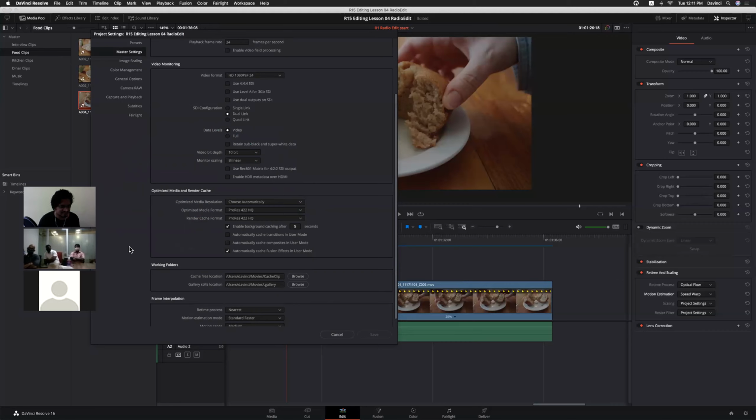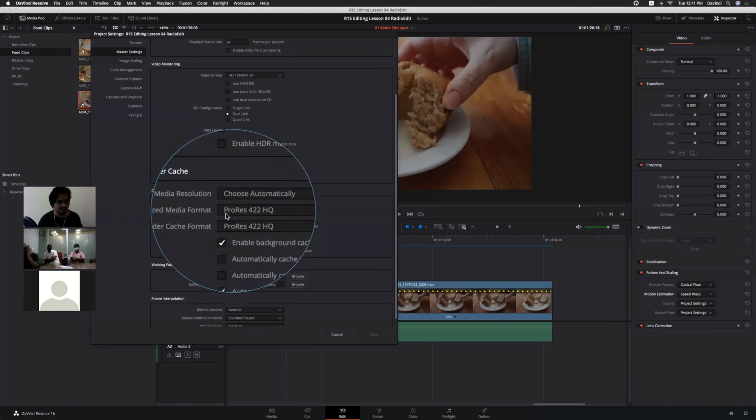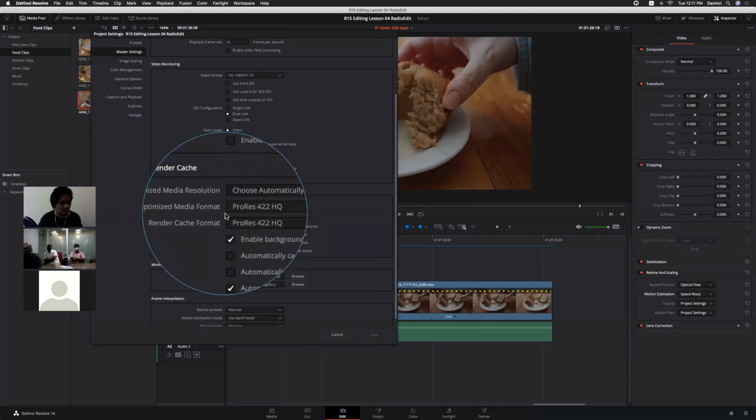And if we are using multiple formats in our timeline, we can convert them into a single format. Most of us are using ProRes 422 only, so there is a direct option in DaVinci. It will automatically convert everything to ProRes 422 if we create optimized media.